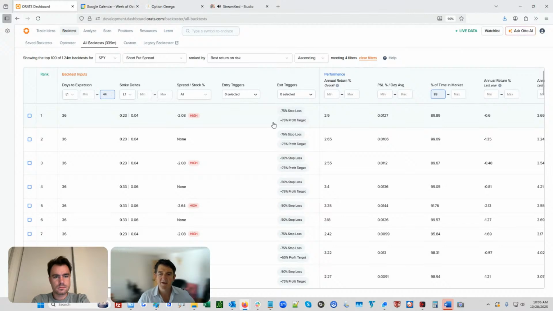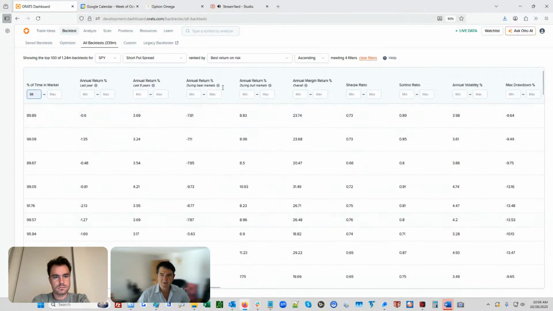This looks like, letting it go a fair amount, 75%, both on the stop loss and the take profit are the best, and best by the return on risk. You could see there's some other higher percentages, but as far as the return on risk, when you start to look over at,